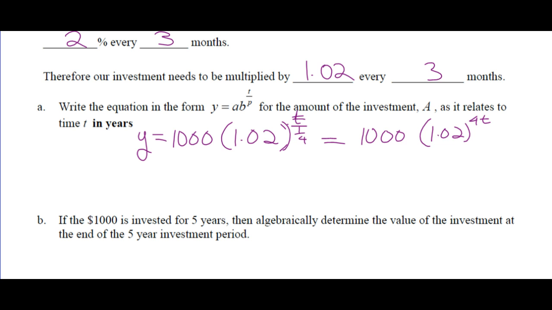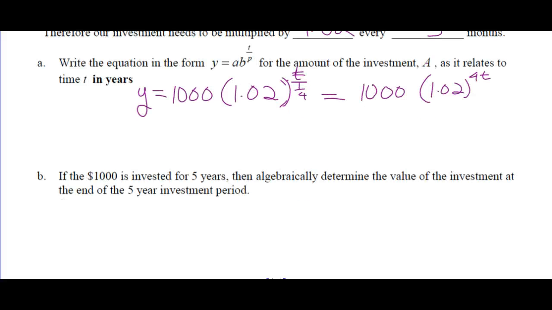Okay, so it's quarterly, or just say, how many 3 month periods are there in a year? There's 4 of them. So if this was 5 years, that would be 20 quarters. So it's 4 times t. Speaking of 5 years, if the $1,000 is invested for 5 years, then algebraically determine the value of the investment at the end of the 5 years. Okay, so y is equal to 1,000 times 1.02 to the 4 times 5, or 1,000 times 1.02 to the 20,